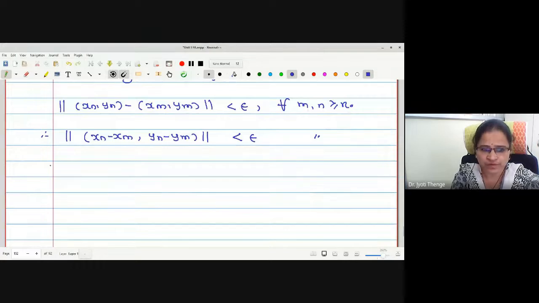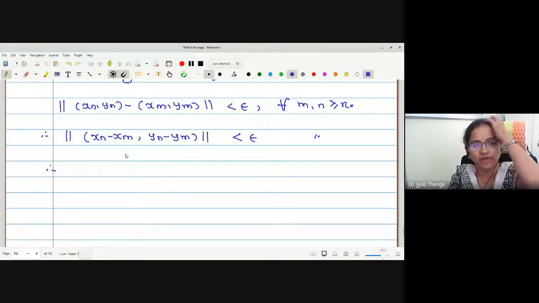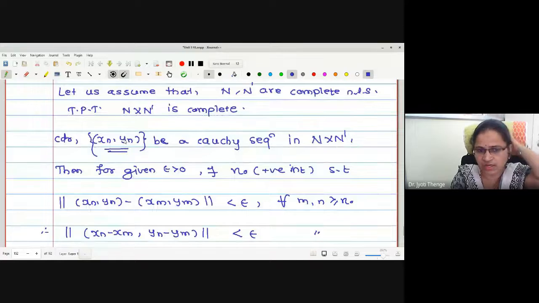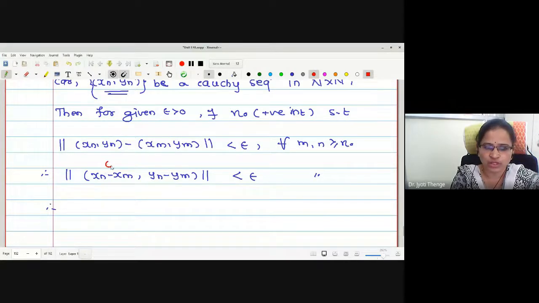Okay, let us use the definition of a norm. If (xn, yn) is a sequence, what kind of elements do we have? The x elements are in N. But what about this subtraction? Is it in N? This is in N dash. Every time I am telling you this is in N, this is in N dash, because the definition tells us that separately you find the norm of elements of N, the norm of elements of N dash, and you just make the